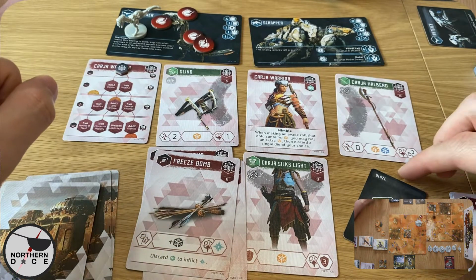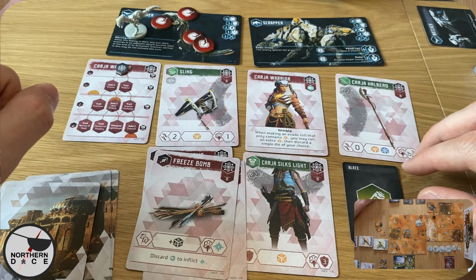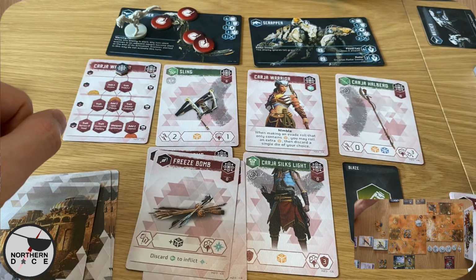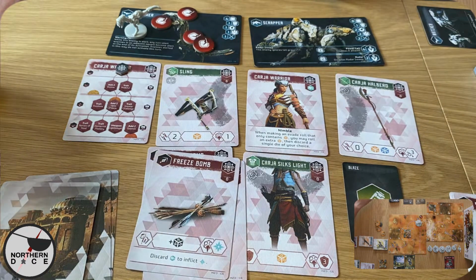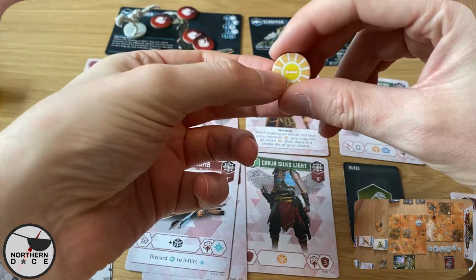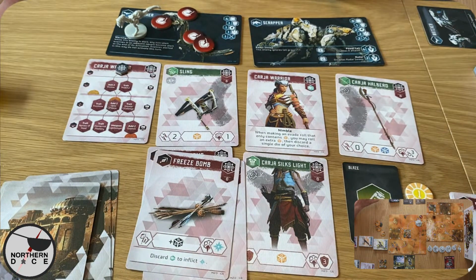But in the same way, these can also be used in the market phase, which comes way after the hunt, and you can choose to exchange them for extra valuables. We also get a single glory, which would look like this. Now this determines who is the overall winner of the campaign, because each round it is a semi-cooperative game,